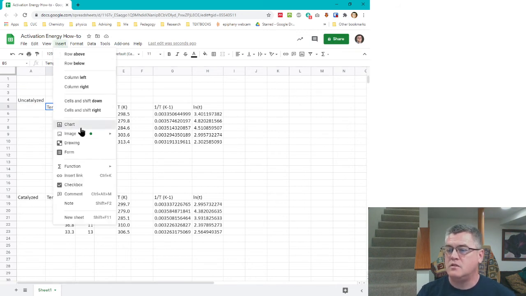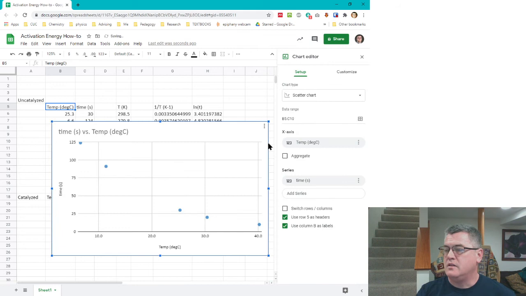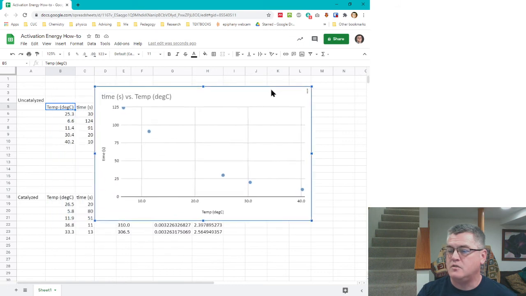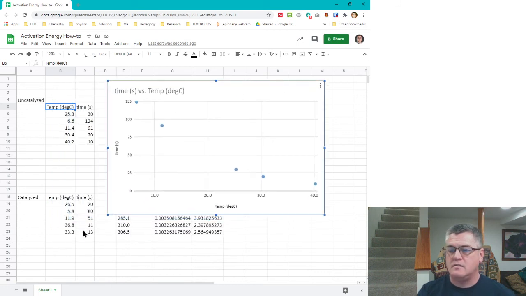Insert chart. Okay, scatter plot is what I want. Temperature versus time, that's fine. So that looks good, right? Now I'm going to do it the way you would do it in Excel, right? The way you would add data, all right? So I'm just going to move this a little bit. Right now it's a little bit laggy, I guess. There we go. Now I can grab it and move it. So I want to add this data down here to this as